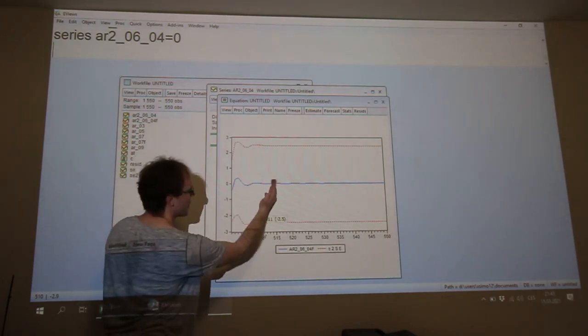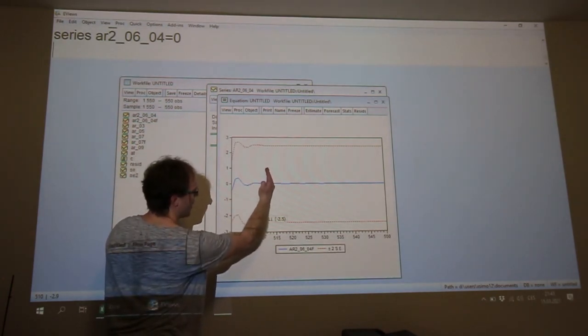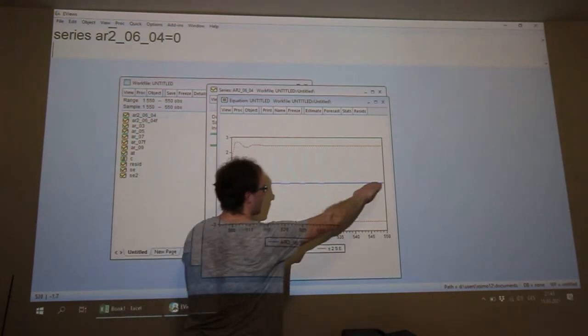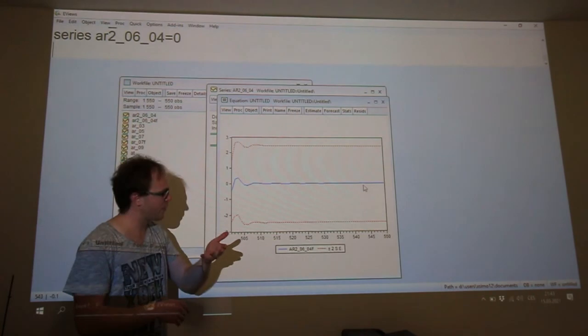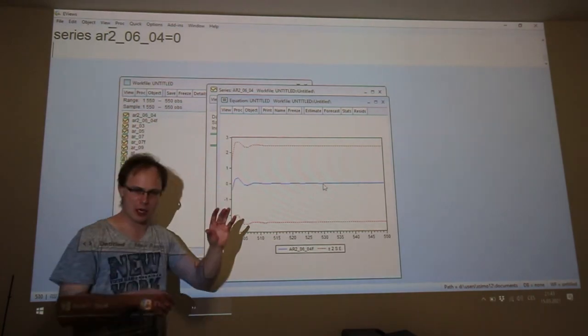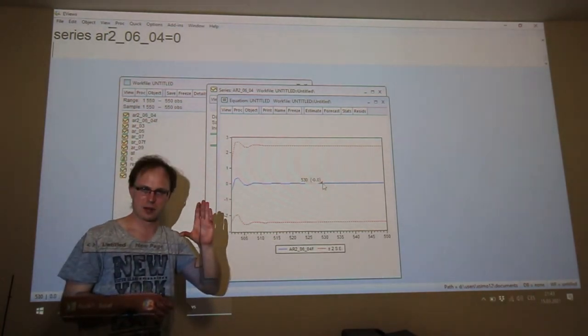So you can see that there is, for example, the end, and after the prediction is the conditional mean, the conditional average value, the zero, the constant.